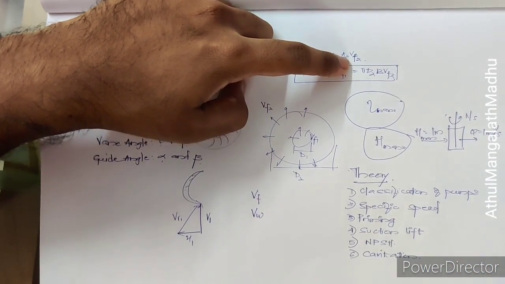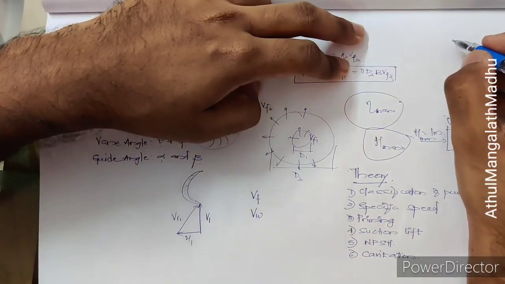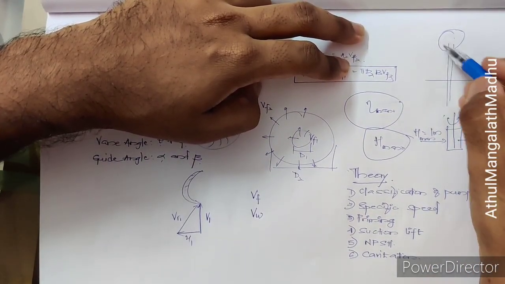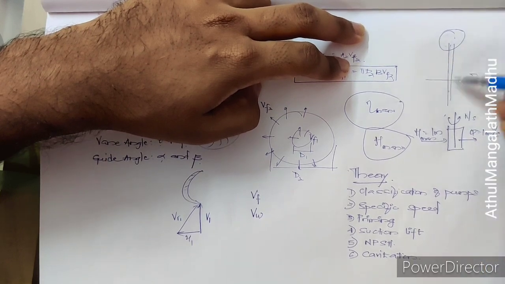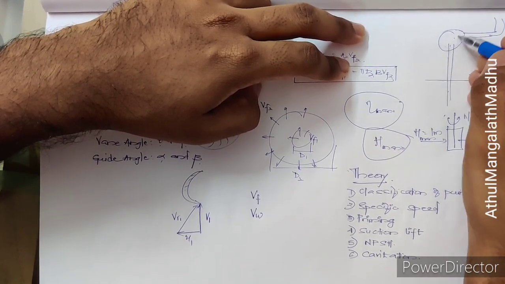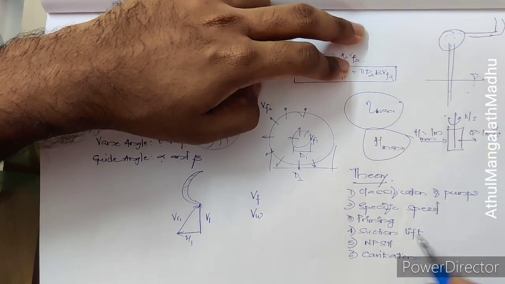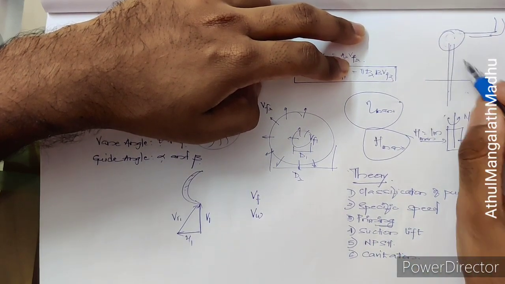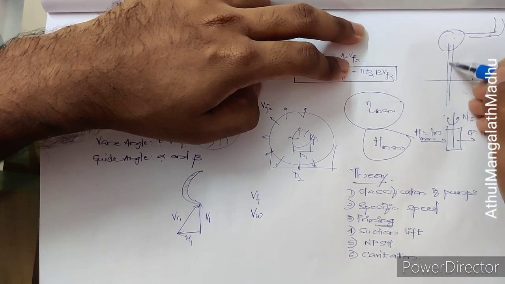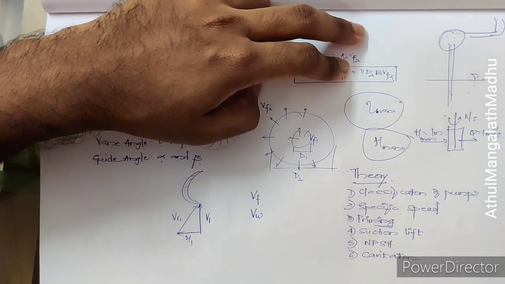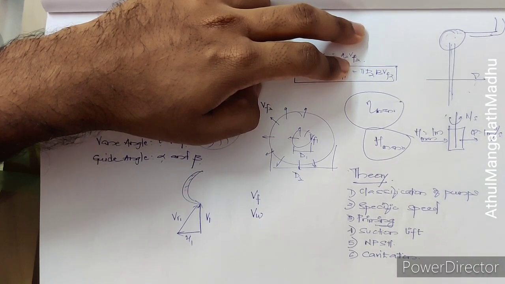And priming. Priming means, you know that when you have a pump, it has to take water from the sump. The impeller of the centrifugal pump, this suction pipe, and this casing have to be filled with the same liquid that you have to pump, and that process is called priming. If you have to pump water, water has to be there throughout this pipe, inside the impeller, inside the casing. Up to that portion you have to have water, and that process is called priming.